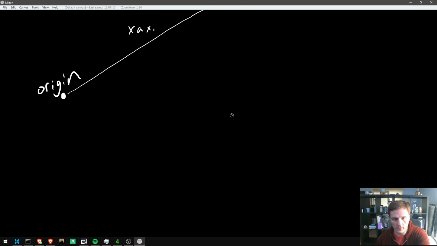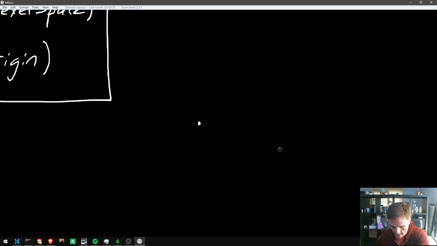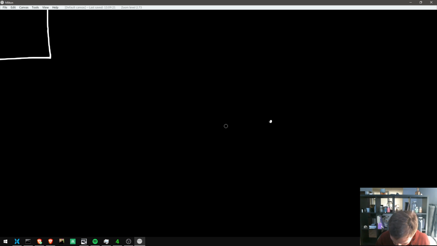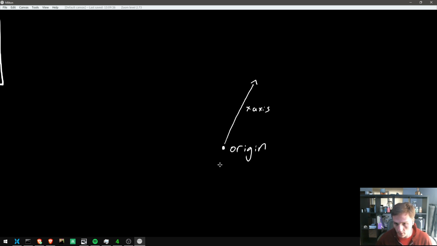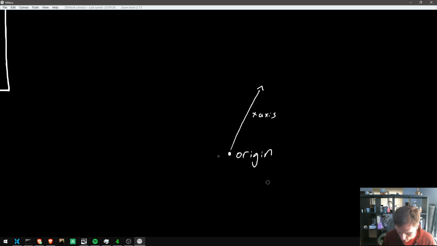I think the case that most bothers my intuition is if I were to put down an origin here, set up an x-axis here, so the top of the shape would go here, the y-axis here,